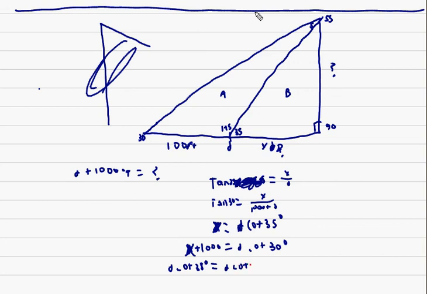Altogether, that means the distance is equal to 1,000 divided by cotan of 30 minus cotan of 35, which altogether equals about